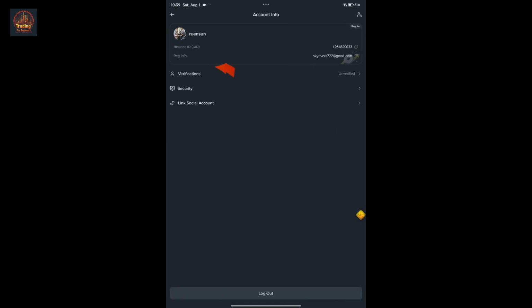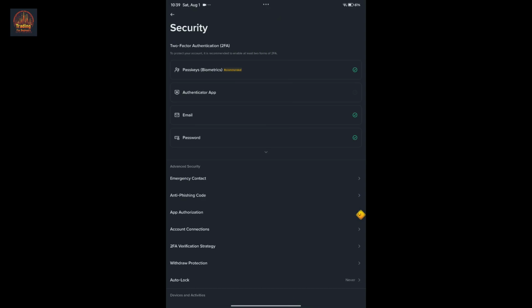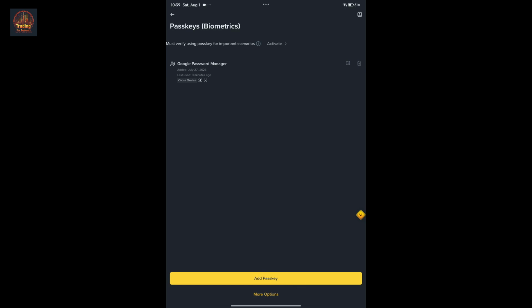On the next page, click on Security. Inside the Security tab, tap on Passkeys from the top. If you've enabled Passkey, then you'll see this kind of an interface. Simply go ahead and tap on the trash icon right next to the passkey you want to delete, and then